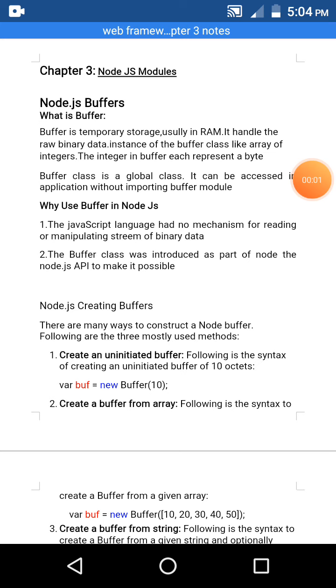I am Professor Shamli Zalte from KKW College. Today we learn what is a